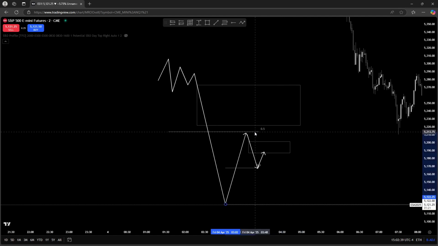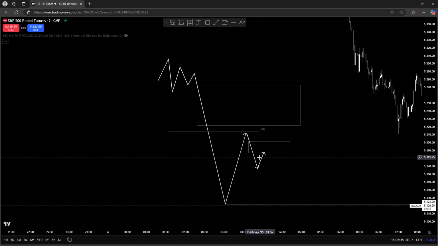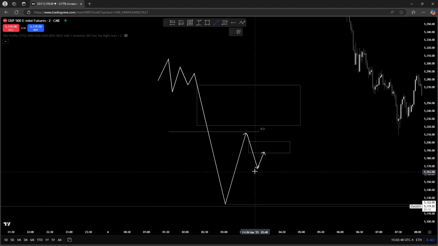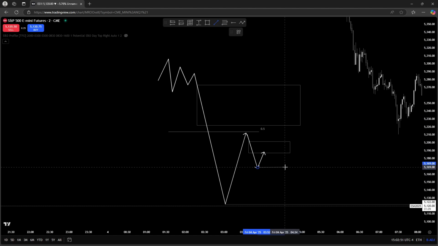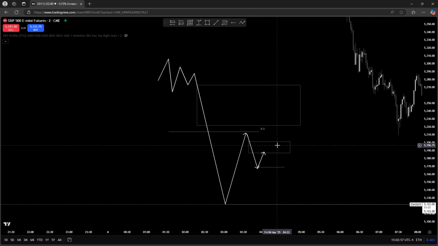And it did just that. It held this, I'm going to go ahead and delete this. It held this 5-minute gap and actually closed below it. And you see we had this low here, the low created from the push into the 5-minute gap.